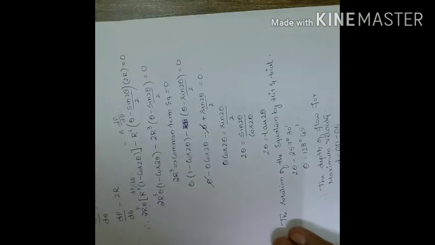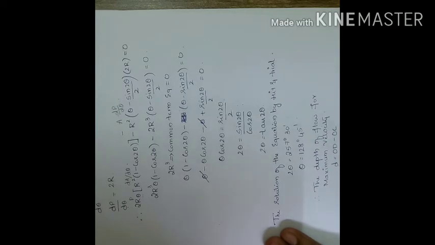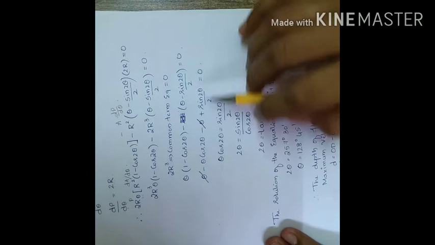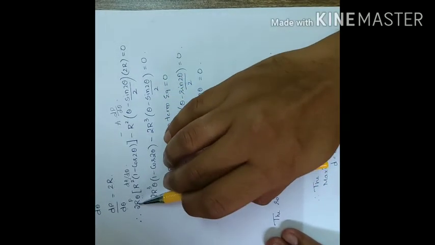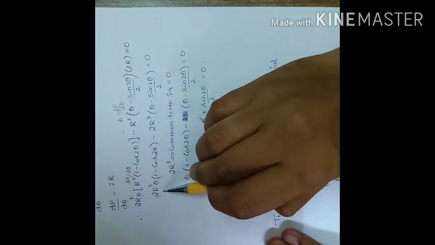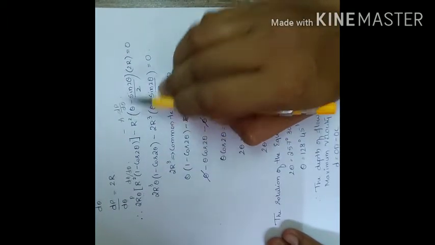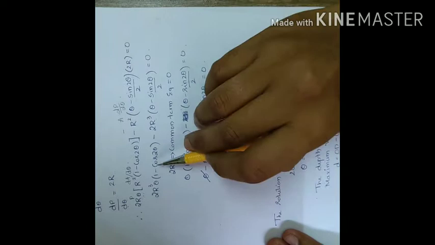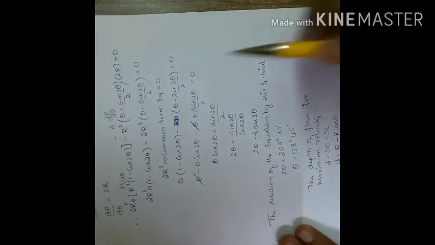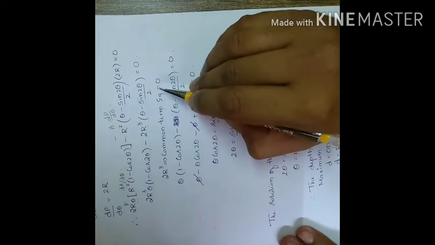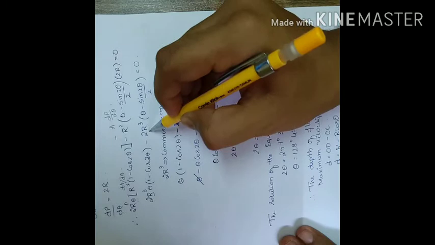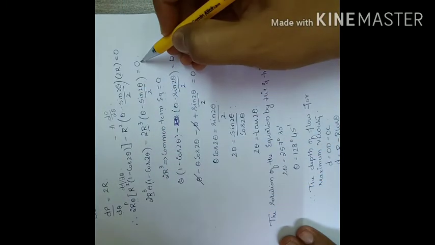Now this whole mathematical simplification we need to carry out. So the common thing we need to find out, instead, before taking out the common, multiply these values here. 2r theta into r square will become 2r cube. This r square into 2r will become 2r cube. Inside value will be kept as it is, equated to 0. Now taking out 2r cube as a common term and equating it to 0. So for example, I will get the r cube here in the common. It will be equal to 0.